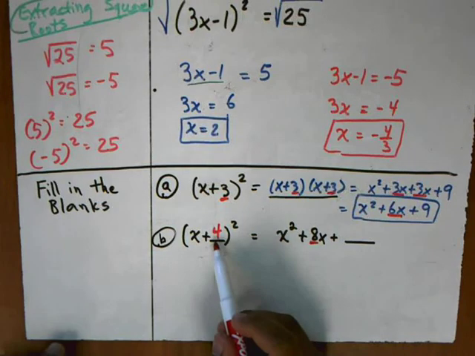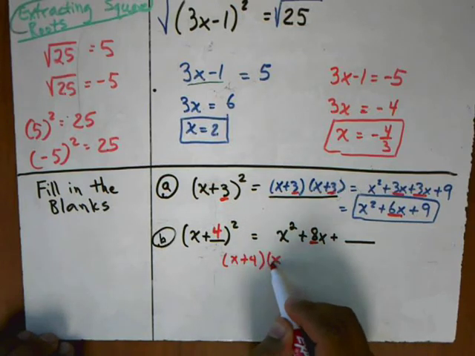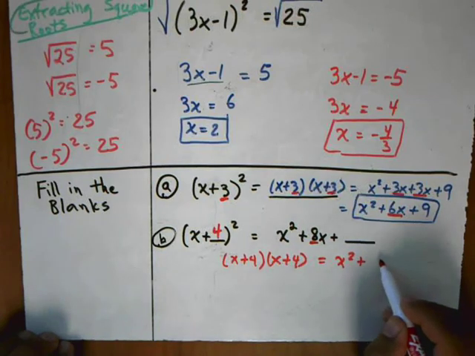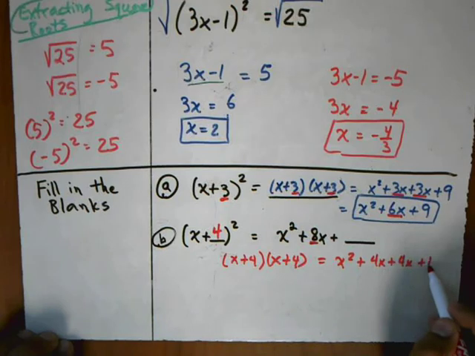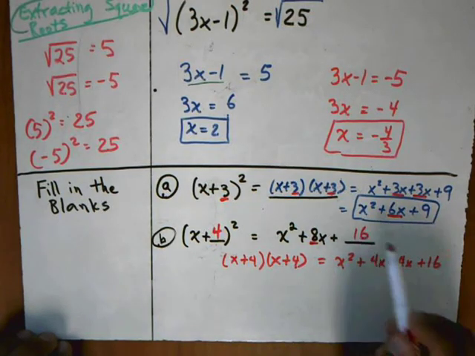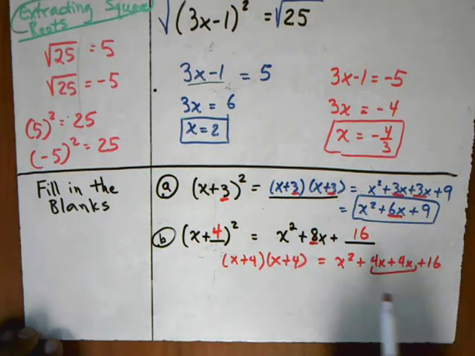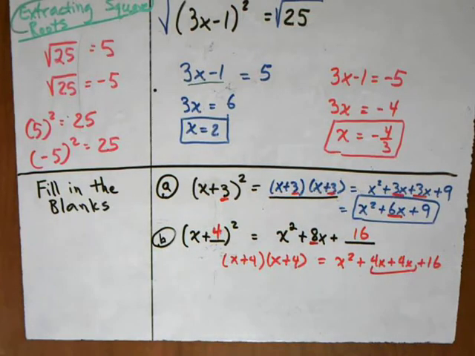So if this is a 4, now we can multiply and expand it. This is really equal, I'm going to write it down here: (x + 4) times (x + 4), which is equal to x squared plus 4x plus 4x plus 16. So that means this here has to be 16. Okay? So these two terms combine to give you the 8x, and this term squared gives you the 16. Okay? So there's a bit of a pattern here that will emerge, and let's do one more example like this